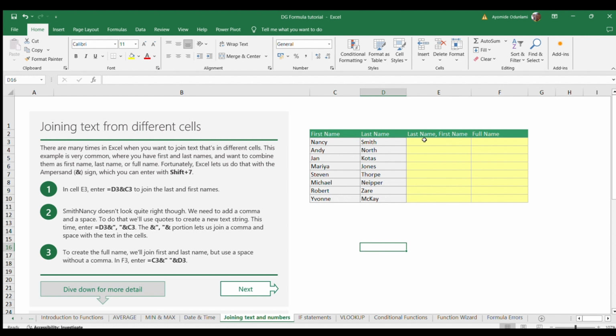One symbol we use to join texts together in Excel is the ampersand, that sign that looks like an 8. Yes, that's what we'll be making use of. Is that clear? Okay, so we begin. To start any formula in Excel, most of the time we start with an equal to, right? So I'm just going to select this cell. I'll use my ampersand